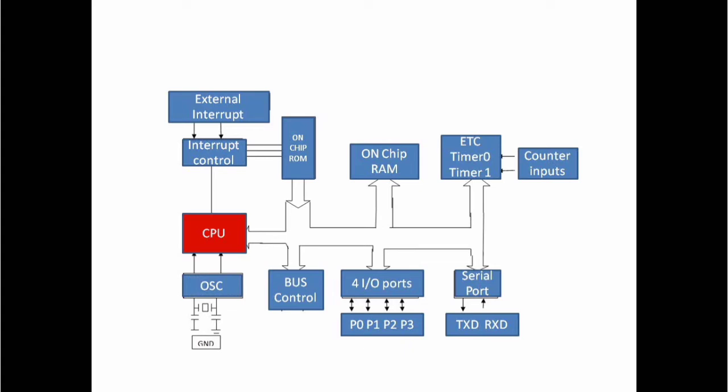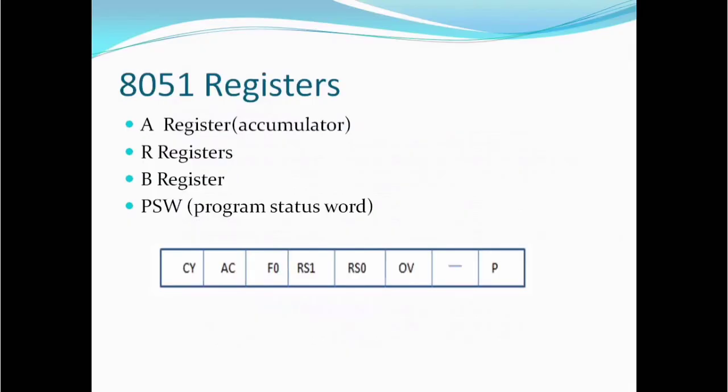Next comes the oscillator circuit. The oscillator is an important block because it provides the clock signal for the CPU. The details of the oscillator circuit I have already discussed in my previous video. There are 2 circuits by which you can use the oscillator. I will provide the link of that video in the description box. So this is the brief introduction of all these blocks in the 8051.